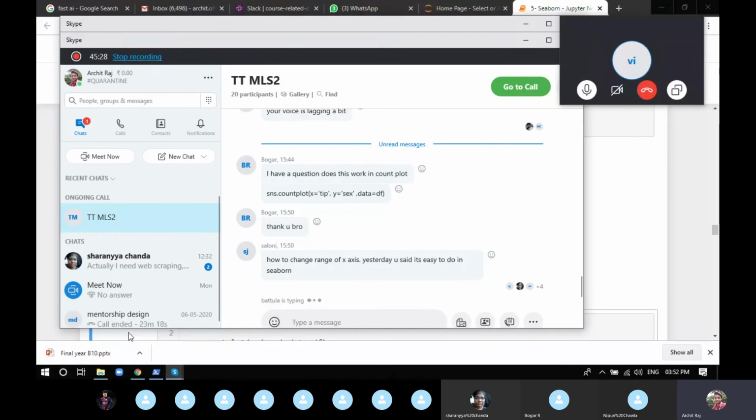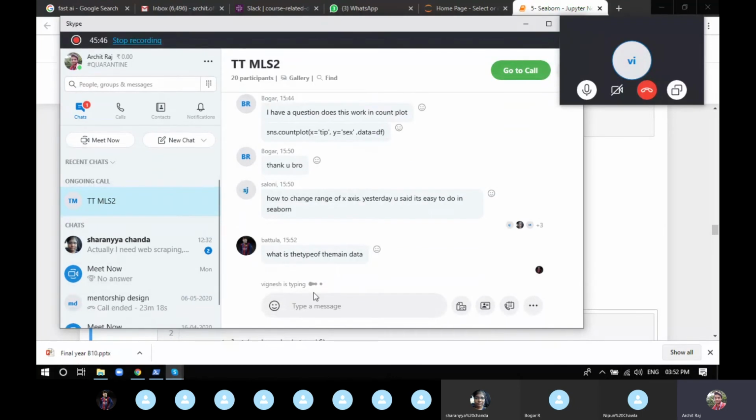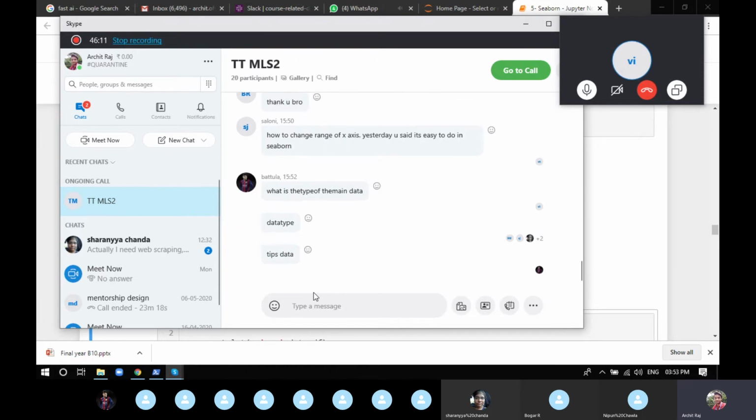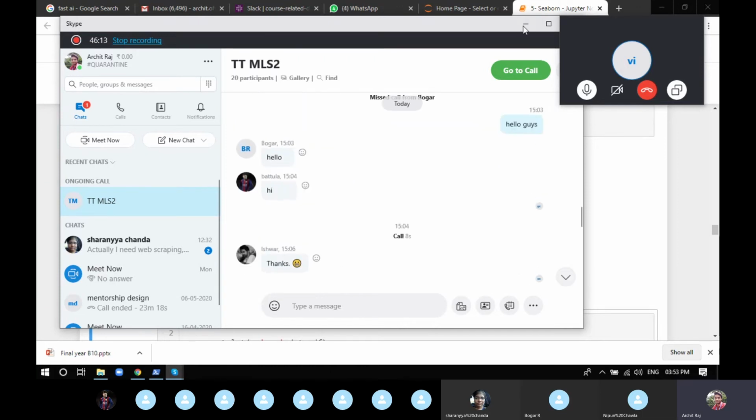What is the type of the main data? Shashank, I didn't get the question. Data type of what? Type of the data. It's a data frame.